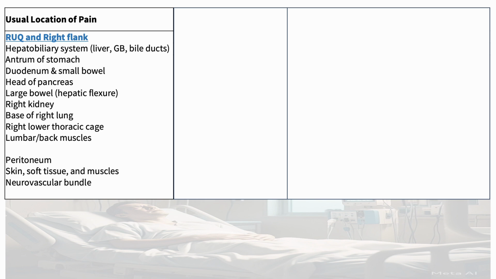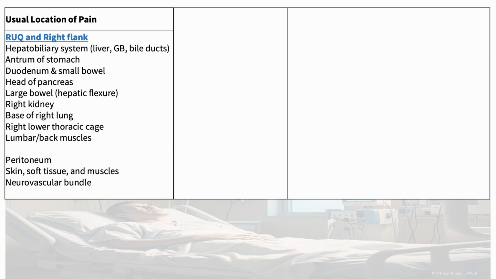Including the hepatobiliary system, probably the most common: the liver, the gallbladder, the bile duct, the antrum of the stomach, the duodenum and the small bowel, the head of the pancreas, the neck of the pancreas, the large bowel, specifically the hepatic flexure and the surrounding colon, the right kidney, also relatively common, the base of the right lung,